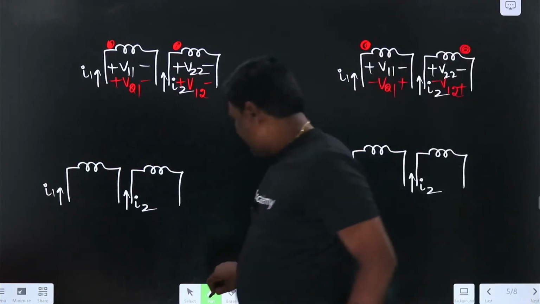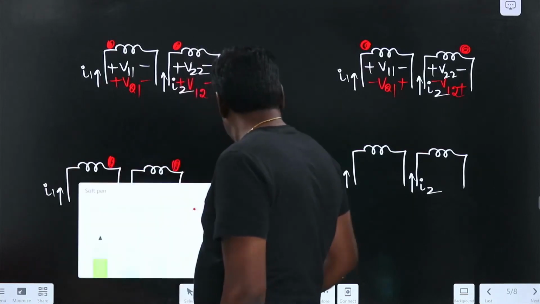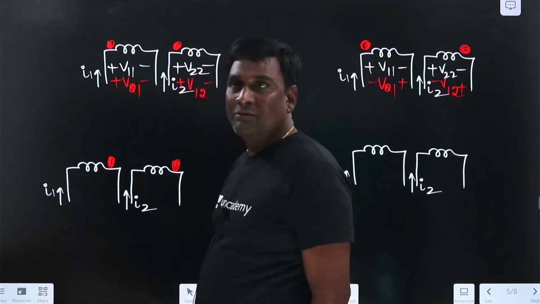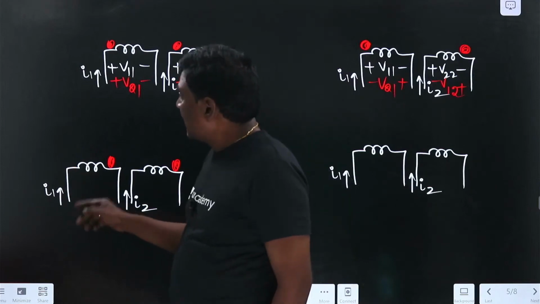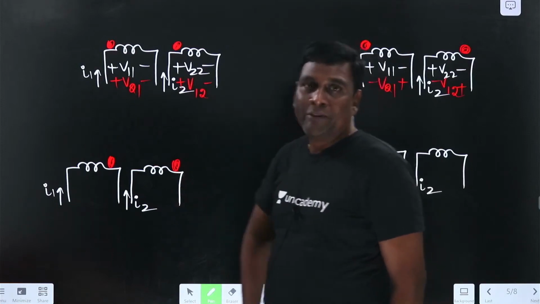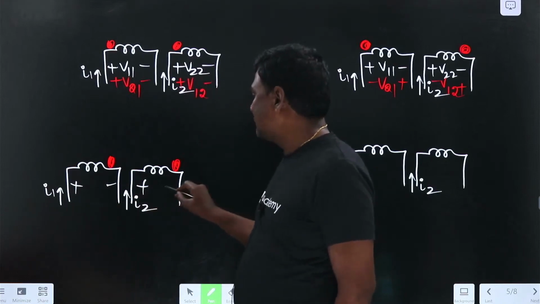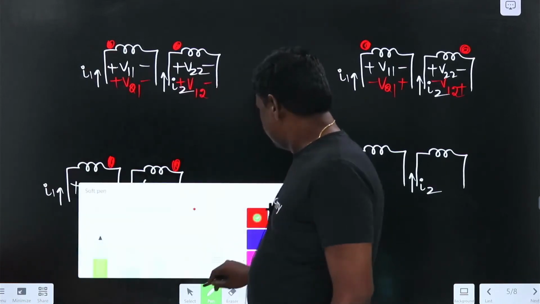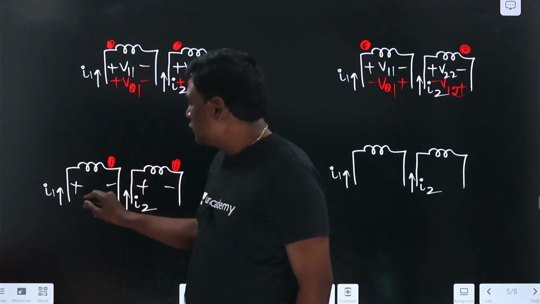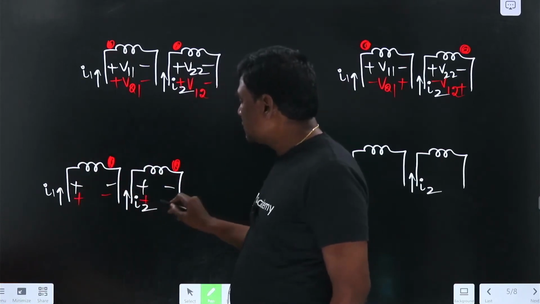Now, see here, dot here, dot here. Normally they will give only 2 coils. Beyond 2, the circuit will become difficult for GATE or something like that. Of course, whatever problems we have taken have complete probability, and some questions are collected from old PYQs. When my current is entering here, self. When my current is entering into an undotted terminal, the undotted terminal is going to be positive.